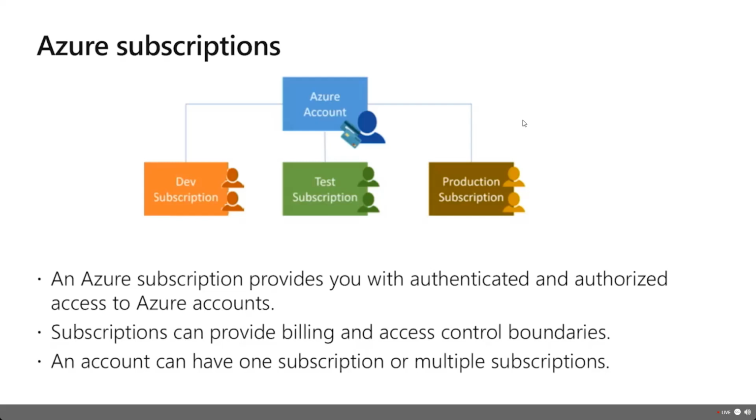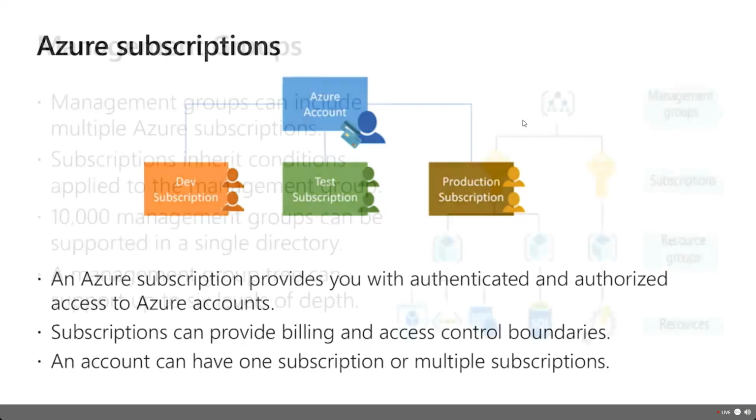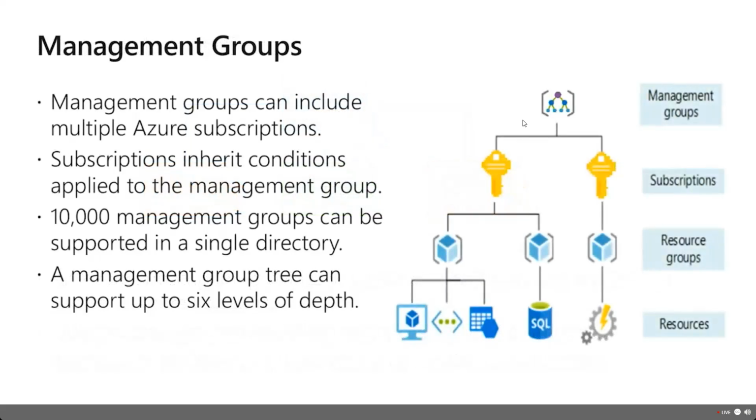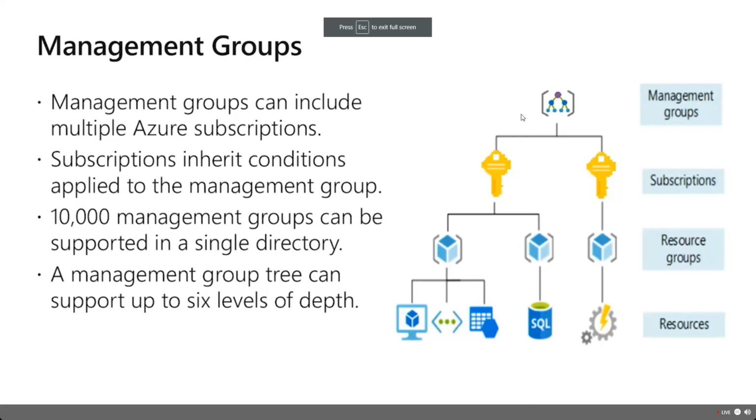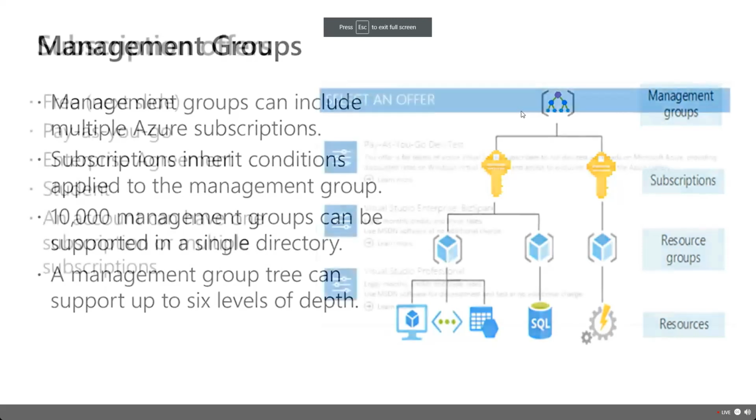Oftentimes with most customers, we have one user ID tied to multiple subscriptions. We organize those subscriptions with a concept called management groups, and you can go up to 6 levels of depth in management groups, but they allow us to control the flow of our policies and some of our security. So when we looked at Azure Policy in Module 3, we got to see how we can work with those different things, and we can inherit conditions. It's how we organize when we have multiple subscriptions, because most customers that we work with have lots of subscriptions. A lot of our enterprise customers have hundreds of subscriptions. Well, how do we manage it from a cost perspective, a policy perspective? We use management groups because it's one of the scopes that we can apply those policies at.